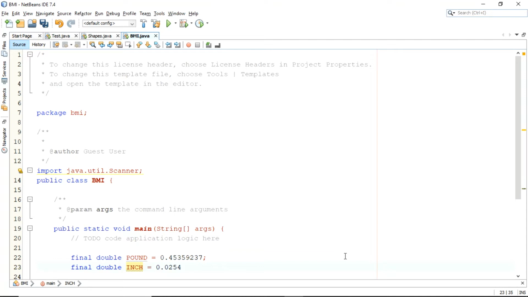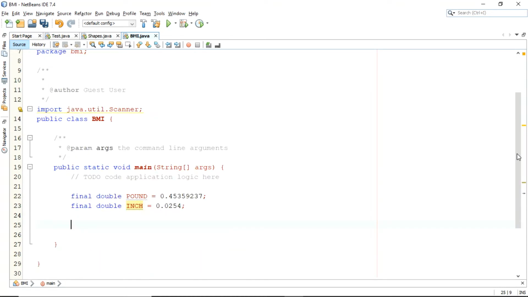So the Scanner class, to use it, you need to create an object. Basically, an object is an instance of a class, and for this instance, we are looking at System.in, which is the default input device, the keyboard that we shall be using to scan the values from. To create this object, we are going to follow a simple syntax, which is